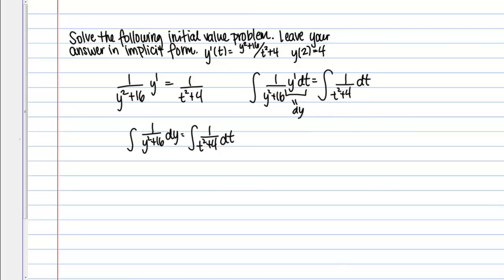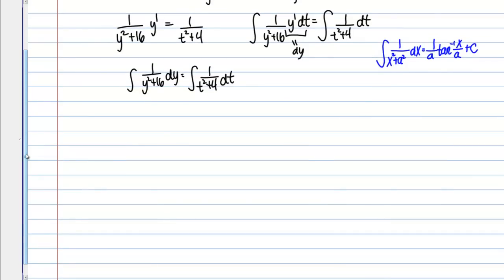So in this problem, there is a particular integral formula that I need to recall, and that is the following. The integral of 1 over x squared plus a squared dx equals 1 over a inverse tangent of x over a. And that's the situation I have for both of my integrals here, which is nice. On the left-hand side, matching it up with this form, I've got y squared plus 16, so my a value is 4, right? 4 squared equals 16. So on the left, this is going to be 1 over 4 inverse tan of y over 4. And on the right, I've got 1 over t squared plus 4, so here my a value is 2, so I have 1/2 inverse tangent of t over 2 plus some constant of integration,